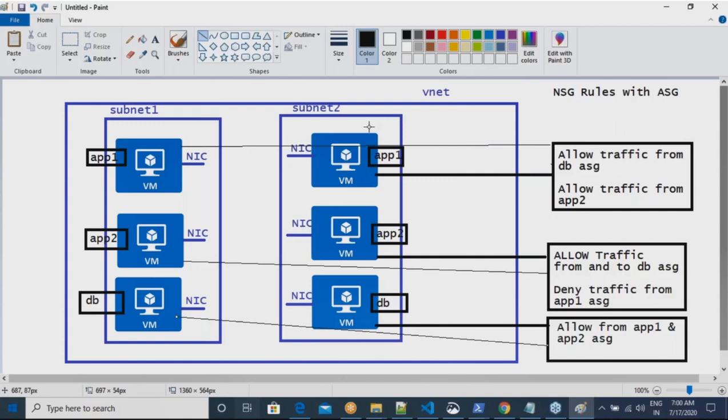The only thing you have to do is ensure that for your VM, there is an application security group tied to it. So there is no need for you to individually write network security groups for everything. We can group them together as ASGs and then define communications among themselves. Am I clear on this? If the DB subnet is not allowed to go to the internet, then there is no need to write the rule in every NSG. Create an ASG rule, and there is no need to write a rule for every VM. It is very easy. Try to write a rule for an ASG. Am I clear on this?